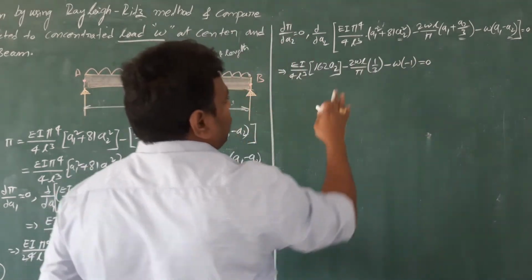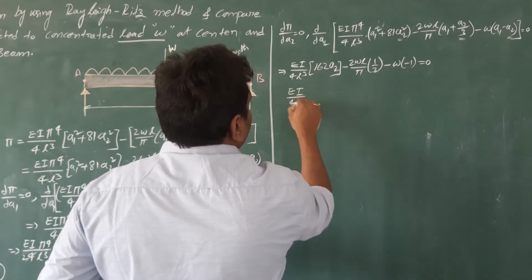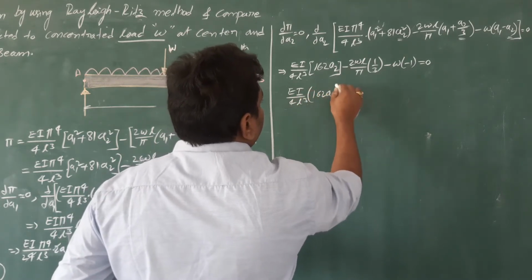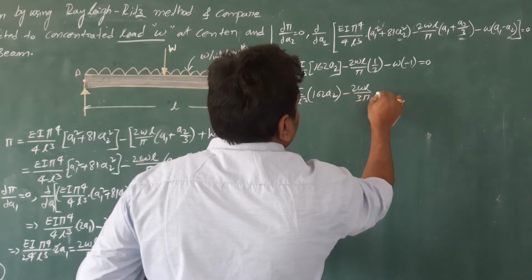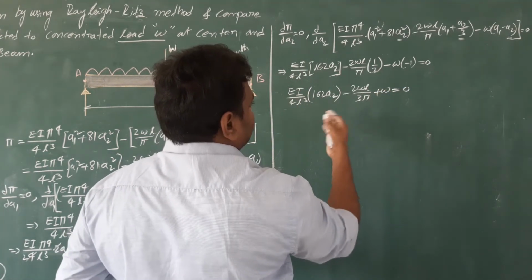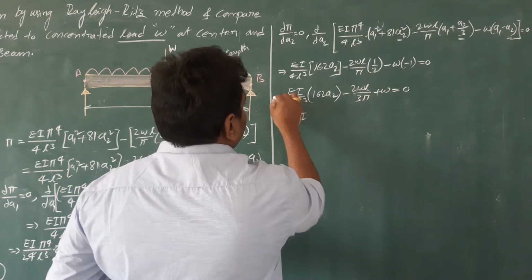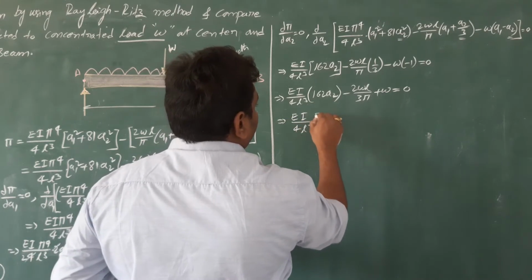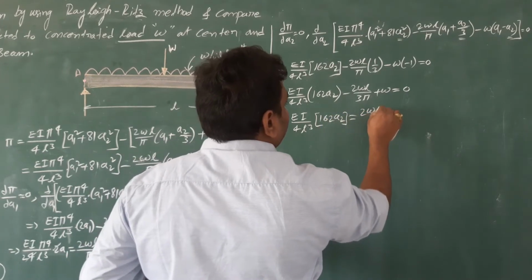Now minus into minus plus, so it is EI by 4L cube into 162 A2 minus 2WL by 3 pi plus W is equal to 0. Then take this term out to another side, that is we will get EI by 4L cube into 162 A2 is equal to 2WL